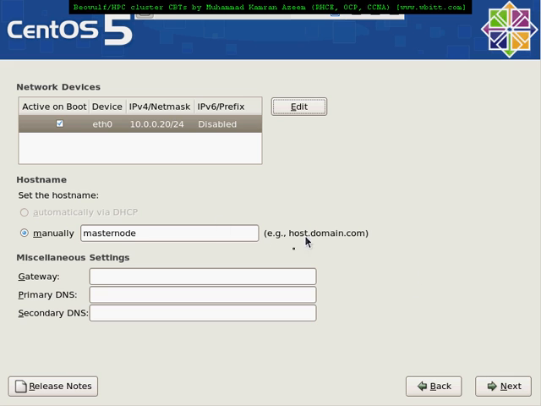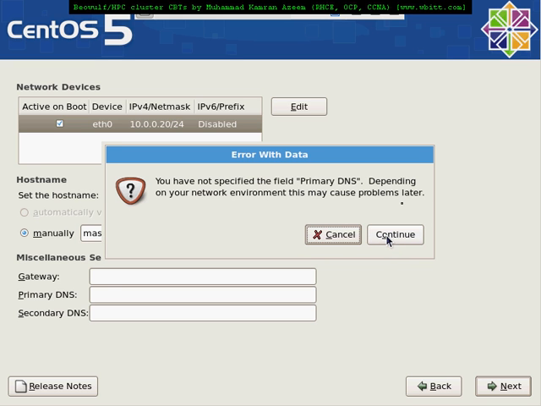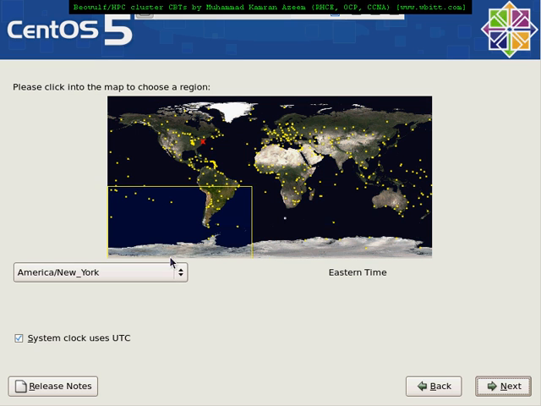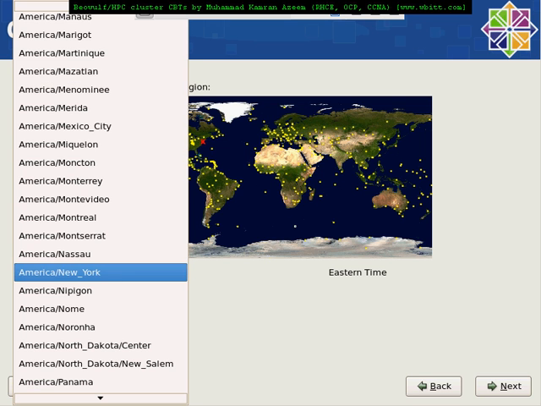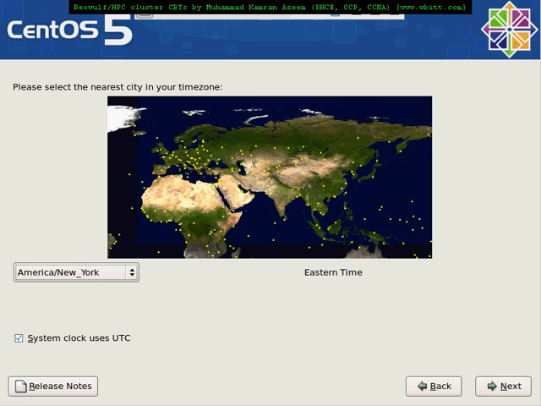Okay, there's no gateway, no DNS for them, so just press next. Okay, press continue. We don't want any gateway, no DNS, and let's specify your time zone, which is going to be somewhere around here, I suppose. System clock doesn't use